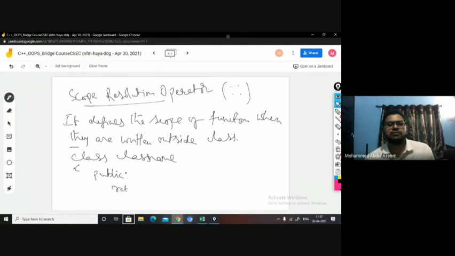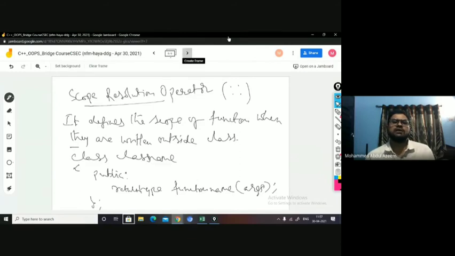So the return type, function name, and then arguments, right? Then semicolon, that's it, right? And you have terminated the class. Now the class consists of only the function prototypes, right? You're not defining the function inside the class. So all the functions belonging to that respective class, you can mention all such function prototypes inside the particular class under public mode.